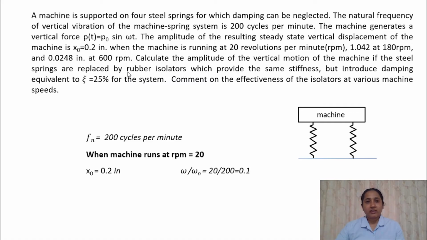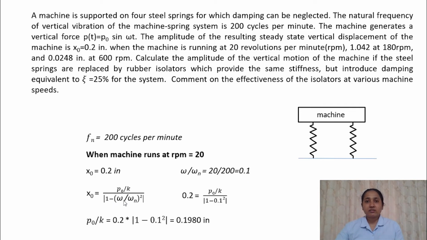So when the machine is running at 20 rpm, that is 20 revolutions per minute, it's given that the displacement amplitude is 0.2 inches. So we can calculate the frequency ratio because we know the natural frequency and we know the forcing frequency, that is 20 rpm. So the frequency ratio is 0.1,